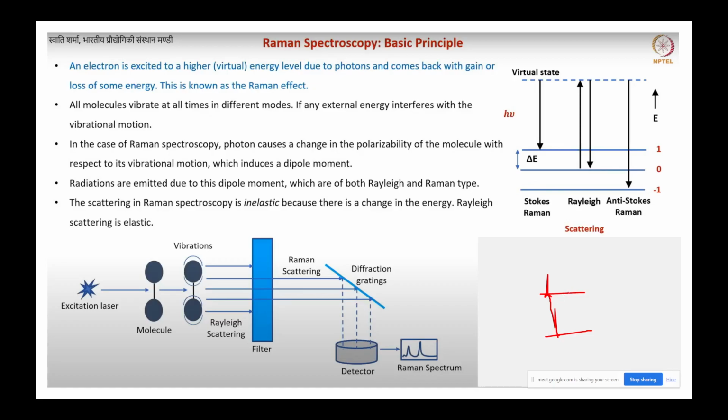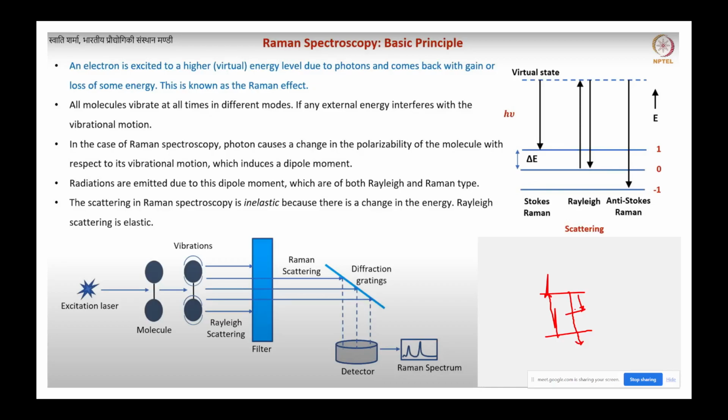It can come back to a different level, to here or to here, depending on whether it is losing or gaining energy. This is known as the Raman effect. All molecules vibrate at all times in different modes, and the vibration frequency is different for every molecule. If any external energy interferes with the vibrational motion,